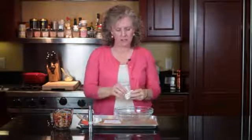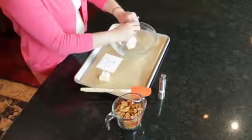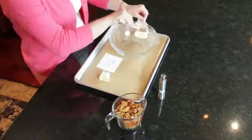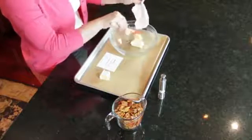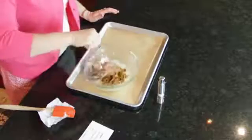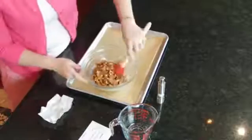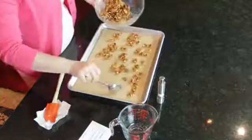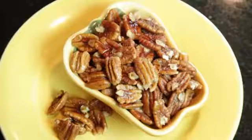All I like to do is take 5 tablespoons of butter, and I will melt this in the microwave, and 2 cups of pecans. And once you've melted this in the microwave, you coat the pecans in them, salt them, and put them on a baking sheet and bake them in the oven for about 20 minutes at 275, and you've got a great